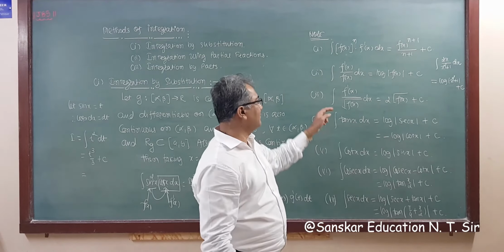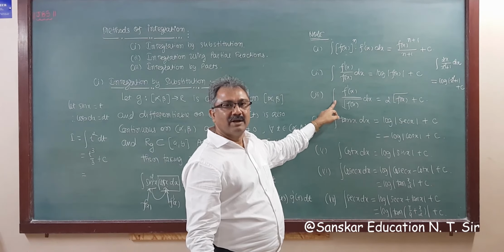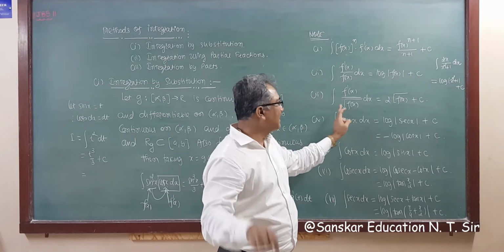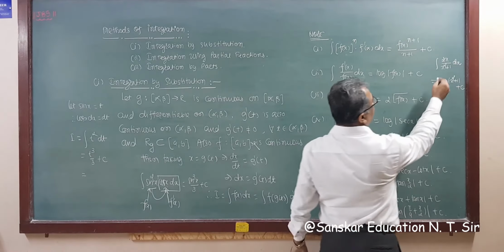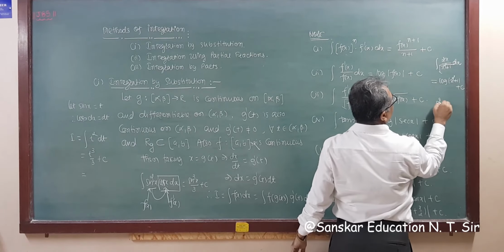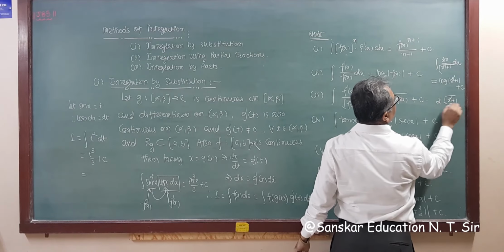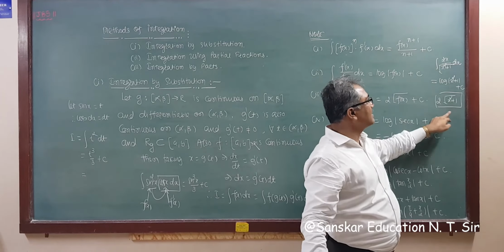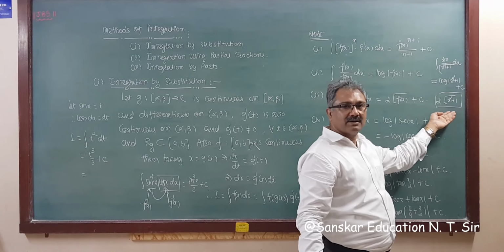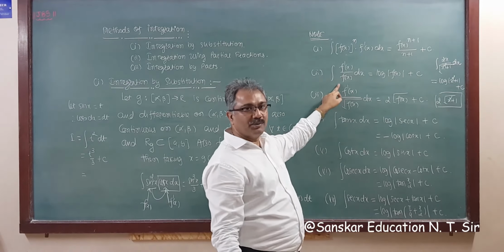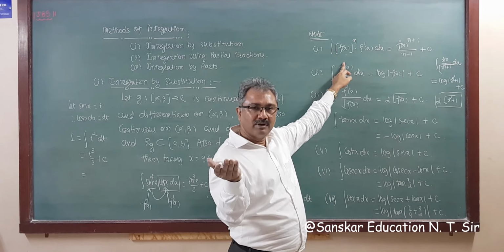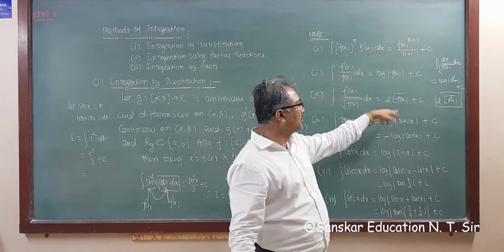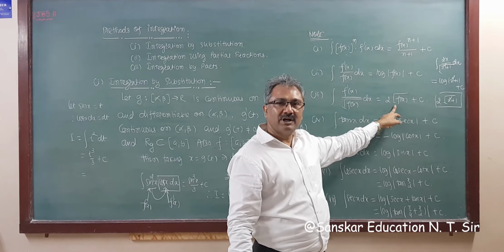And same formula this, if derivative of the denominator is in numerator but the denominator is in root, then the answer is 2 root f(x). So similarly, suppose I put here a square root sign, then the answer is 2 root of x square plus 1, right? See, one sign change, total answer changes. Got it? So derivative of the denominator is in numerator, answer is log mod f(x). If the denominator is in square root, then the answer is 2 root f(x), right?